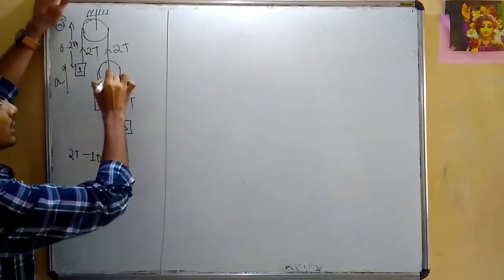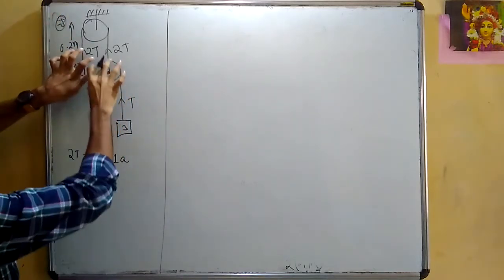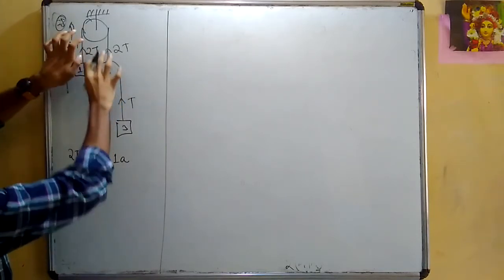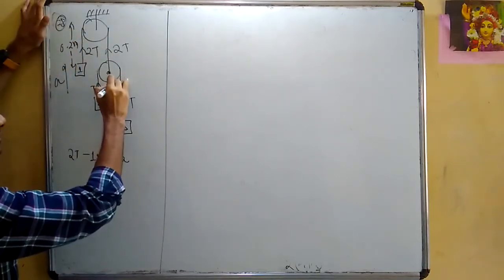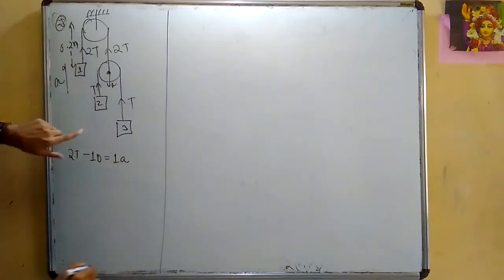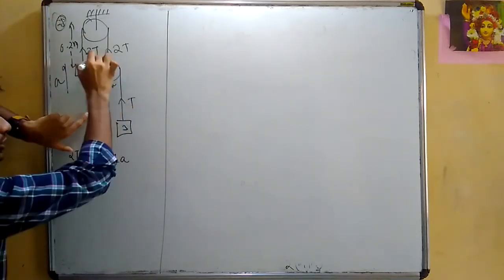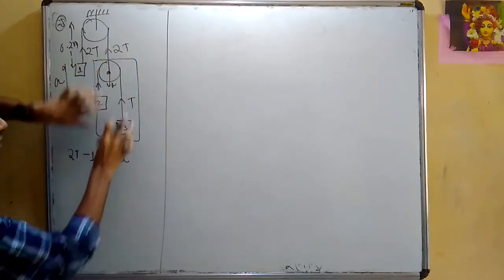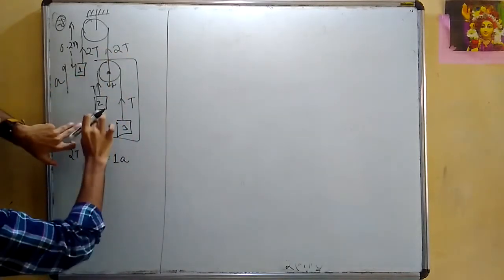Now look at this pulley. If this goes up with an acceleration of a, the pulley will come down with an acceleration of a. Let us say the pulley is coming down with a, right? Now this becomes the same question as placing this in a lift, where the lift is coming down with an acceleration of a and these are moving individually. But there is no lift here in the picture.